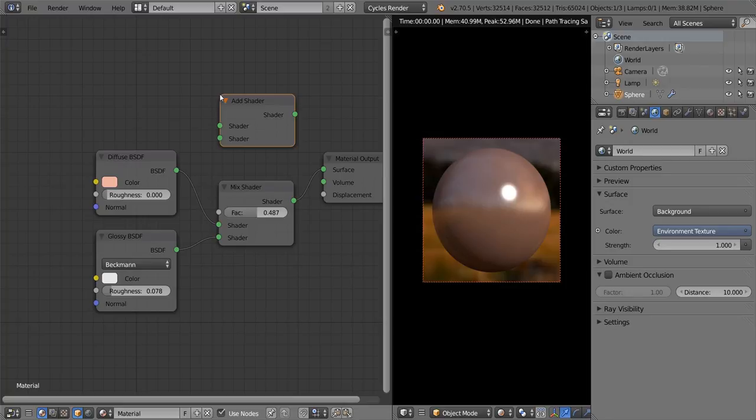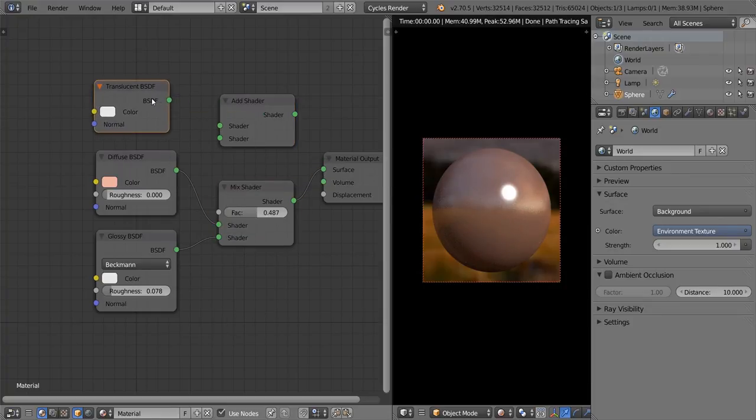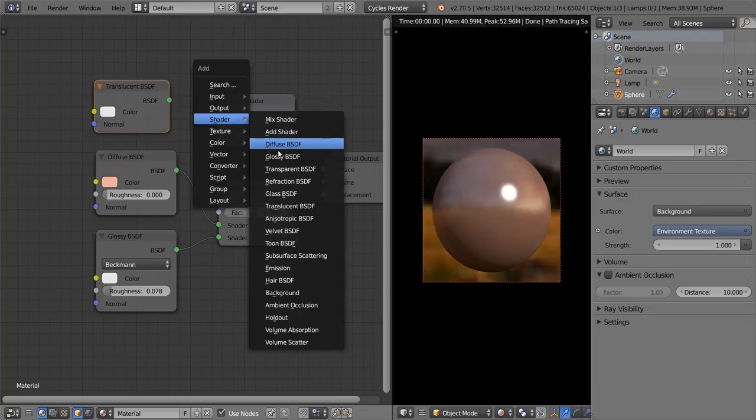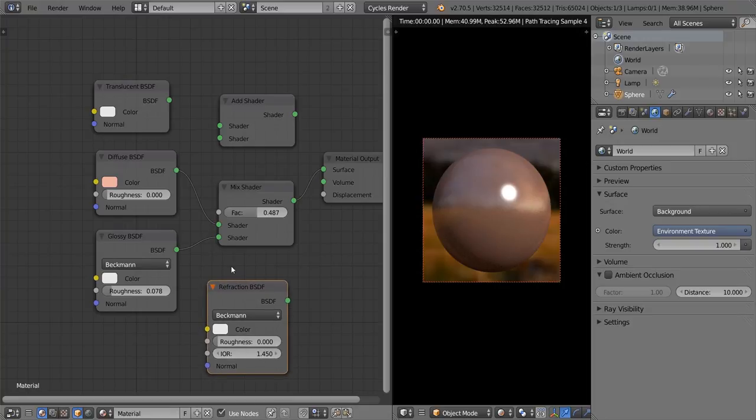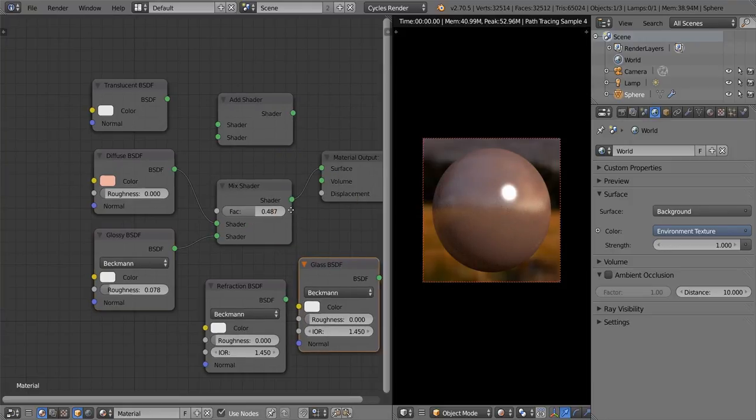There are some cases where you actually do want to use an add shader, such as for translucency and volumetrics, and that's because some shaders are just building blocks of materials and they're not really supposed to be used on their own, such as the translucent shader over here, which is kind of just the light that's leaving the back of the surface, and also the refraction shader, which is meant to be used with the glossy to build your own custom version of the glass shader,